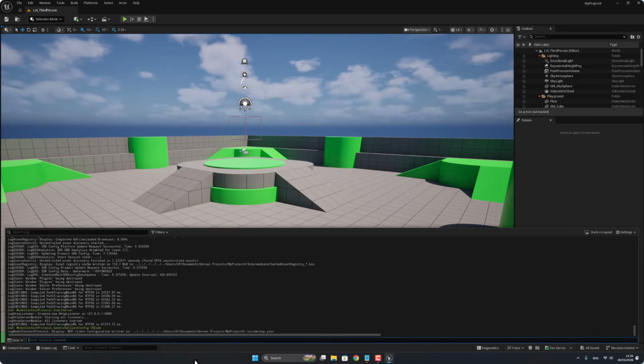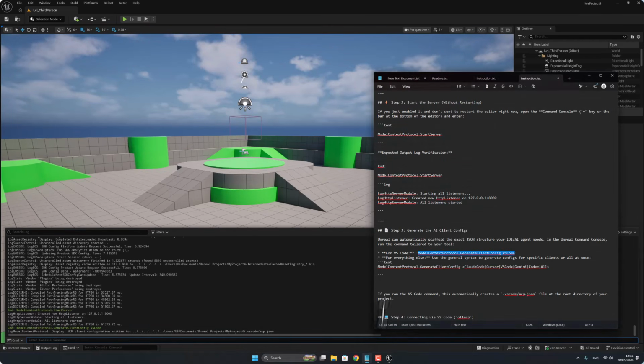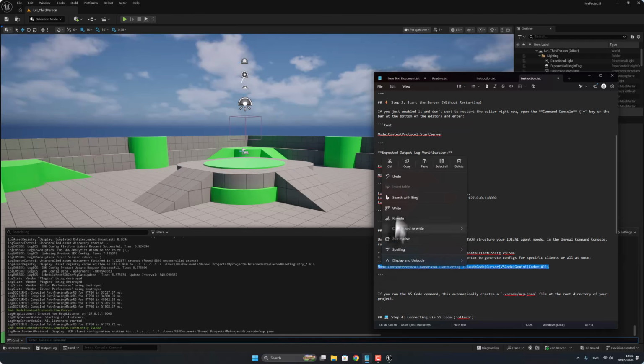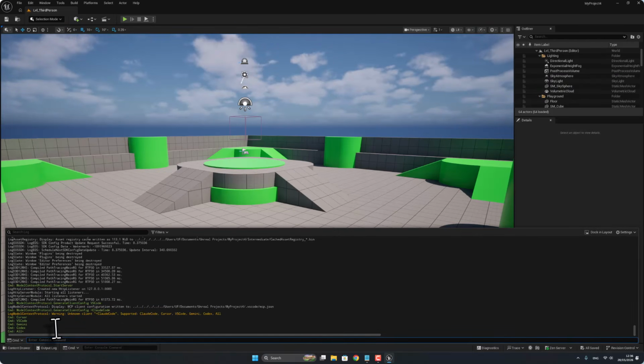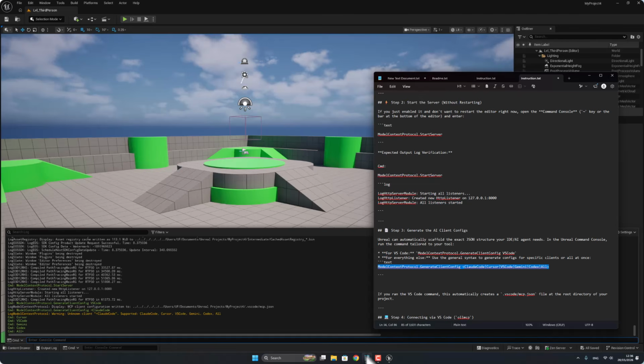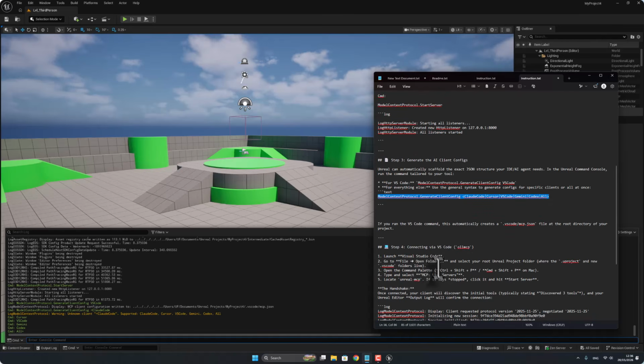Now let's create a folder in VS Code and name it .vscode/mcp.json. In the Unreal Engine project, this folder is created. After that, we have to copy this and go here, paste. As you can see, it's pasted. I think it works well. Now the fourth step, sorry, is to go here